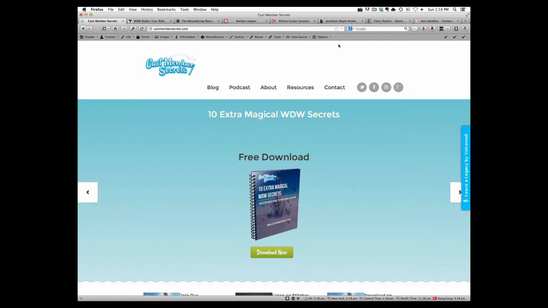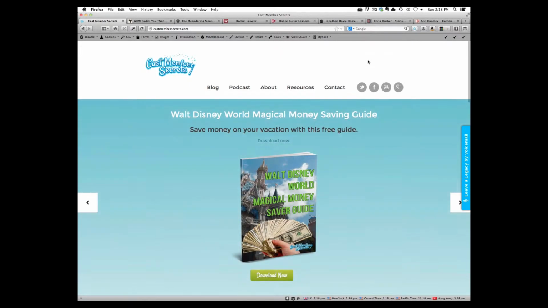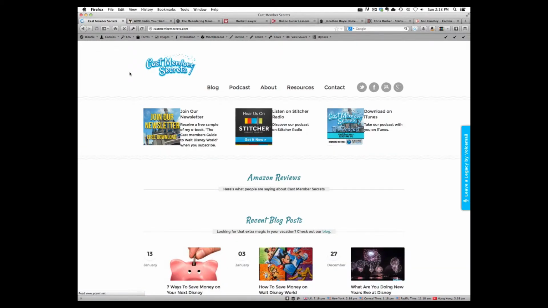So I would definitely test removing that. That's just my opinion because you scroll through a whole bunch of different things here, but you're really not sure what. Everybody's just assuming that cast member secrets kind of relates to Walt Disney World. So I would definitely recommend testing removing this whole area, because when I arrive here, it gets confusing,